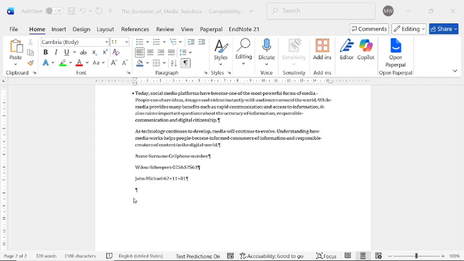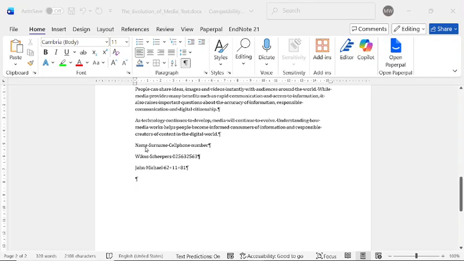In video 3, we are going to look at tabs, and tabs is a nice way in which we can make it so that specific information is aligned. Now here at the bottom, you'll see that we've got your name, surname and cell phone number. We've got Vickers, Skippers, and then a made up number, as well as John Michael with a made up number. Now, instead of going and saying, okay, I want to align it by pressing the space bar until it kind of aligns, we are going to use what we call a tab stop.